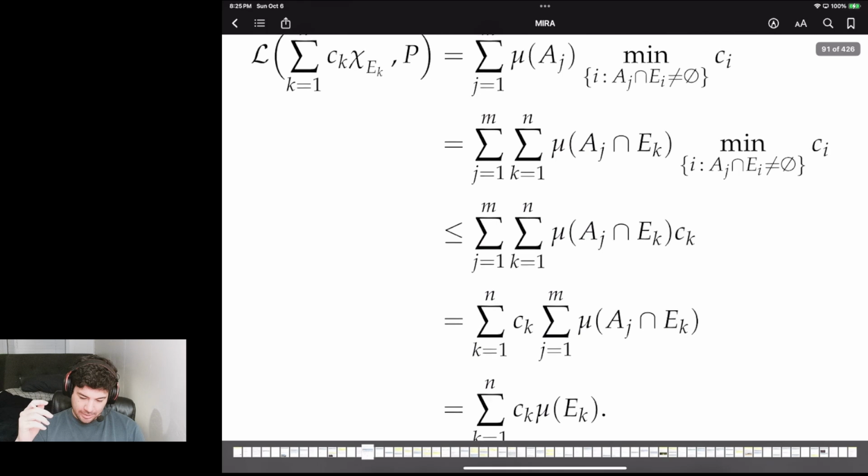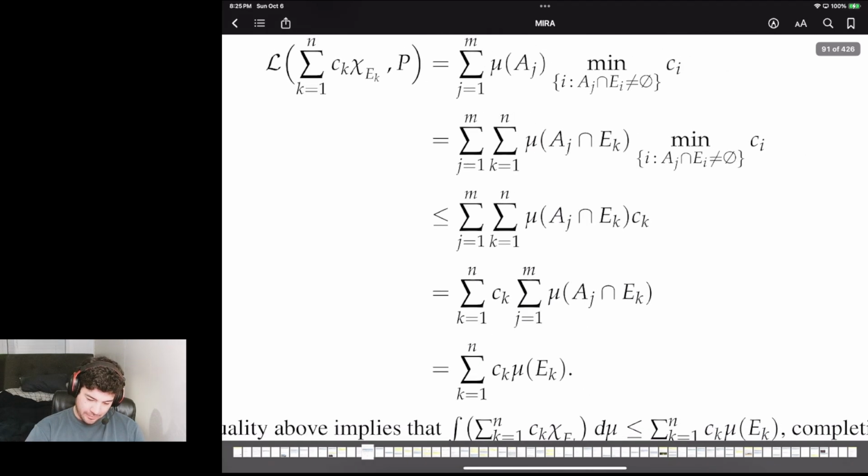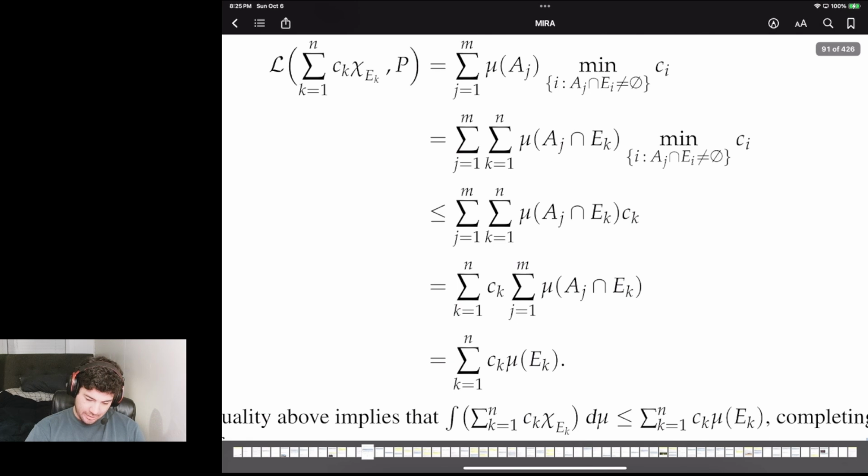Because the sum over all the k's, like AJ, doesn't intersect with all of the EKs, assuming AJ doesn't intersect with every EK, right? So it has to be empty, so the measures have to be 0